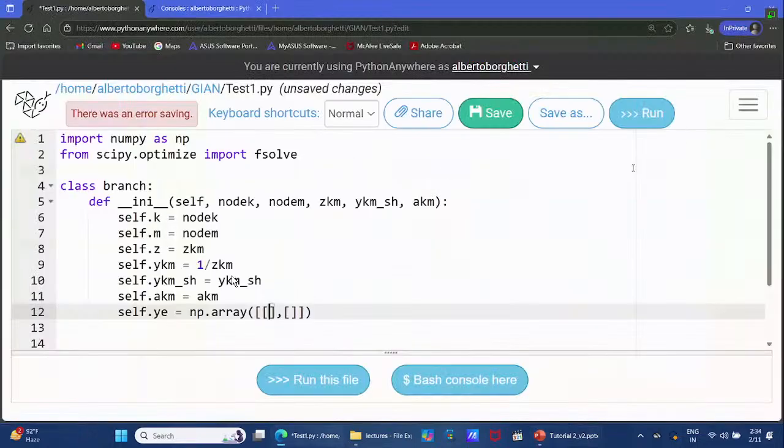If we take into account also the transformer, we can say AKM square. In order to do the square, we need to use these two symbols, it means that it is the square, and then multiplied, open parenthesis, close the parenthesis, and here we can put our self.ykm that we have calculated here,